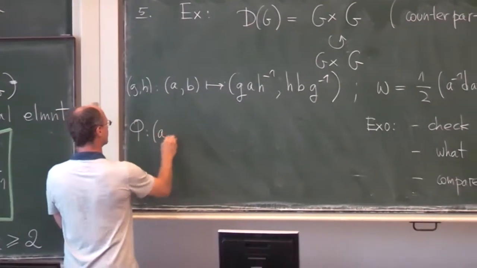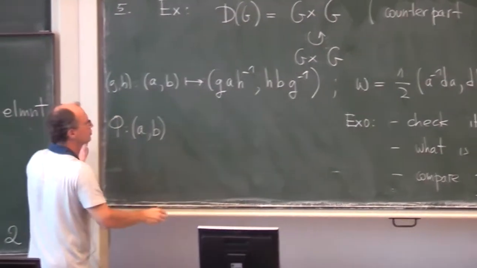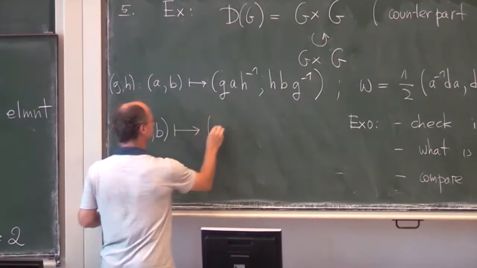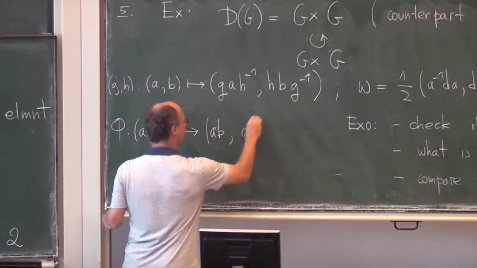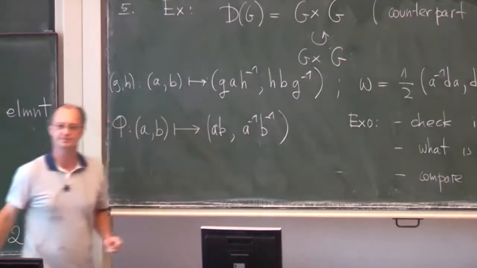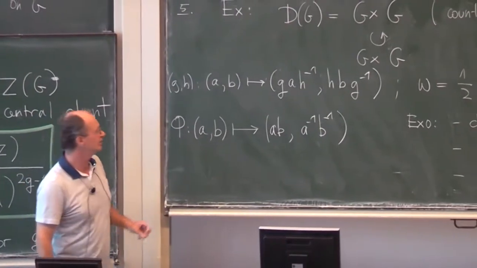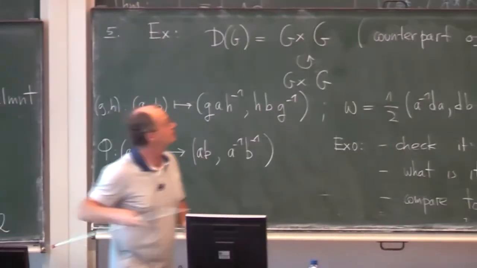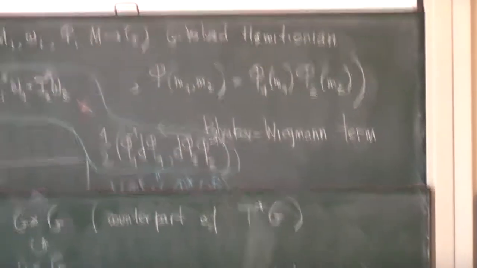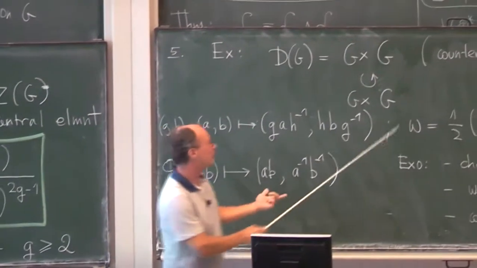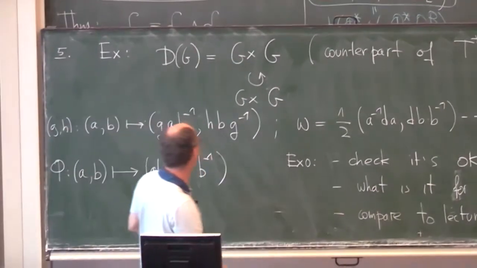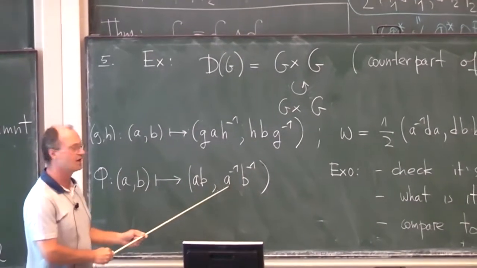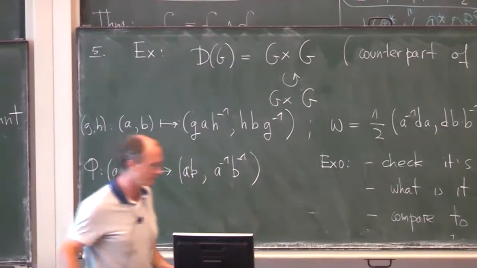Right. And finally, I should have told you what the moment map was. So the moment map also takes values in G cross G. And suggestively, it is (ab, a^{-1}b^{-1}). You see, it's not a group commutator. But of course, remember, in step 3 we had this possibility to multiply the moment maps. So if we multiply them, and of course if we add this ugly term, that's why I don't write it here, you would get a moment map which will be exactly (ab, a^{-1}b^{-1}). Now,